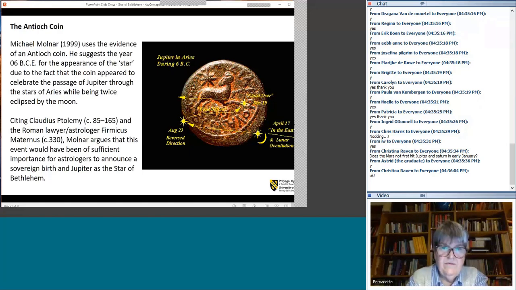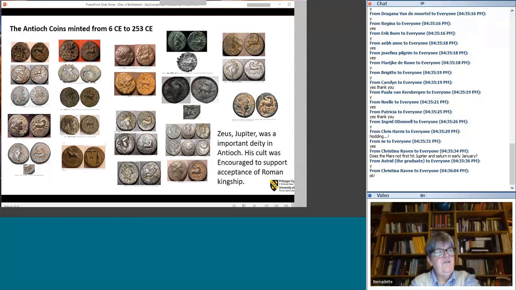And to help him with this, he cited Ptolemy, but also the Roman lawyer astrologer Firmicus Maternus, who is several hundred years later, and argued that astrologers would have said this marked the birth of a great king. That's his argument. Now, I remember when I first read this I thought it was an isolated coin, but in researching it further, these Antioch coins are,